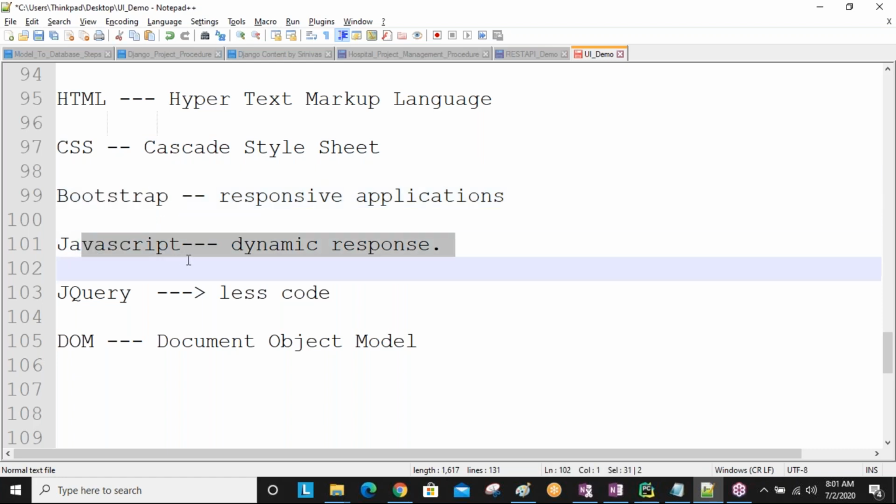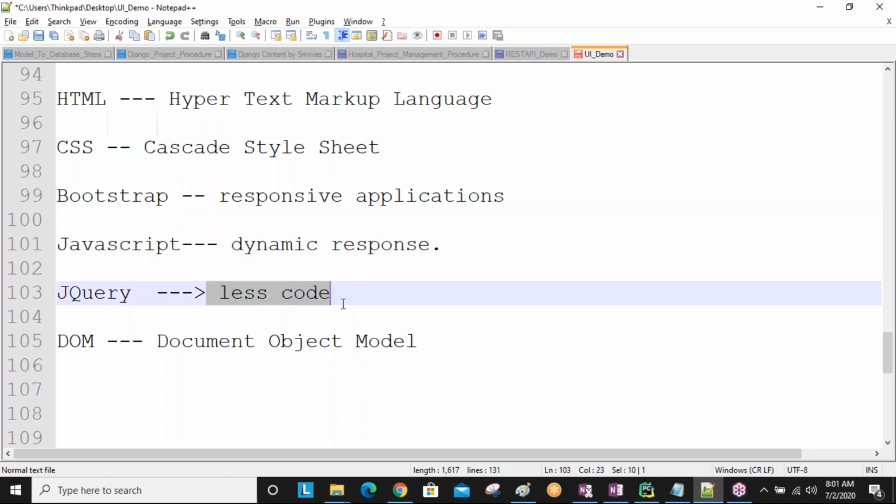JavaScript is for creating the dynamic response. And jQuery is an extension of JavaScript; using jQuery, we write less code and develop the dynamic response. DOM is the Document Object Model, which provides a lot of inbuilt methods and classes. By using those, we can handle our entire HTML document.